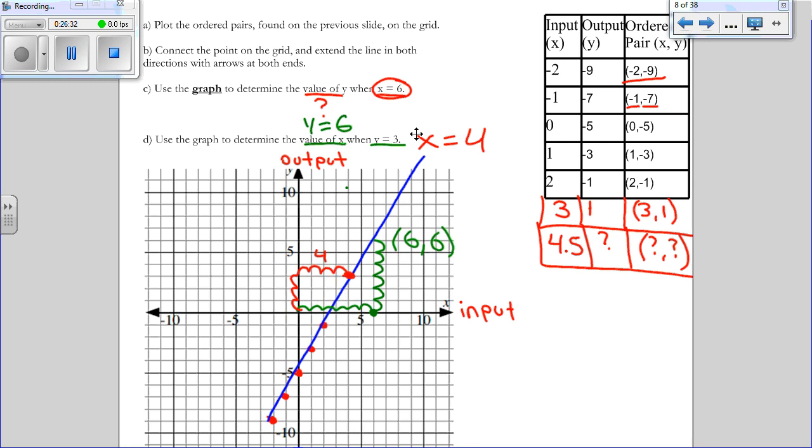Any questions about how to read a graph, how to find points on a line when given an input or an output? It's a very useful skill. It's going to come in handy a lot, especially in Unit 6 and especially in Math 20-1 or 20-2. So being able to read a graph, input a value, or find an output of a value. All right, you have